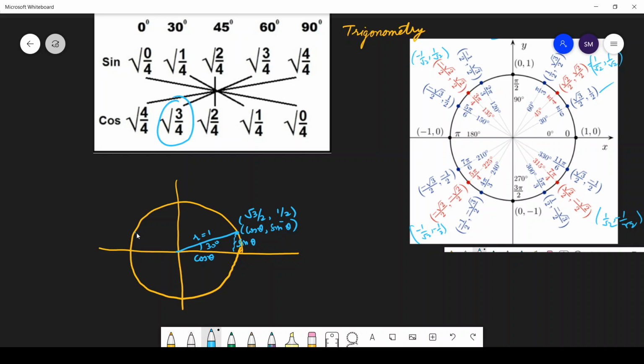So now with the help of this you can find 3 other corresponding values. So now what are the coordinates of this point? So this angle is 30 degree, right? So this is 180 minus 30, this is 150 degree. So you can write it as 5 pi by 6 also, this 180 degree.